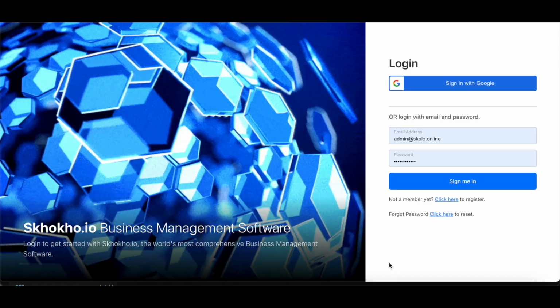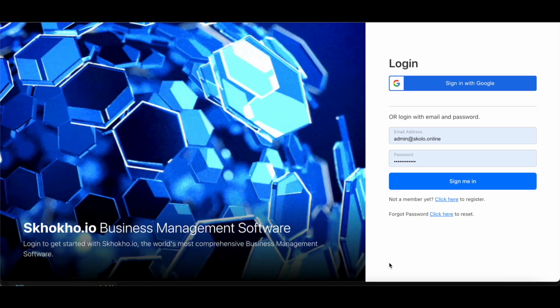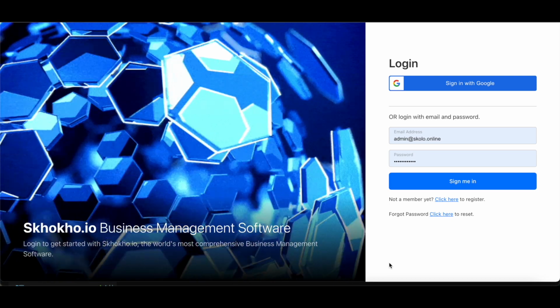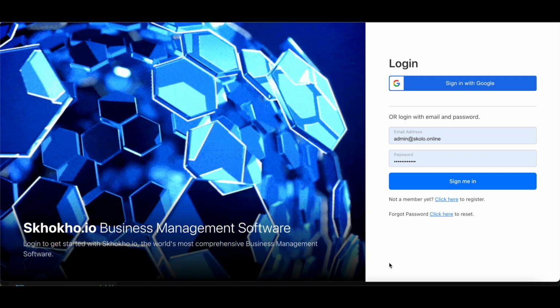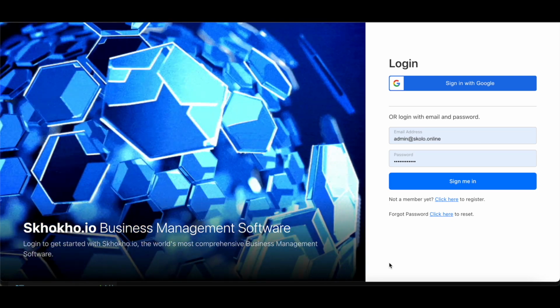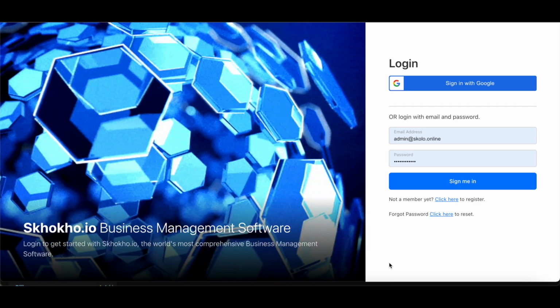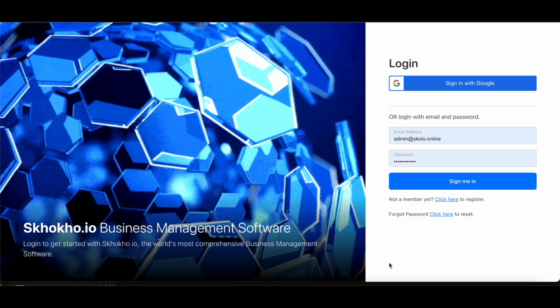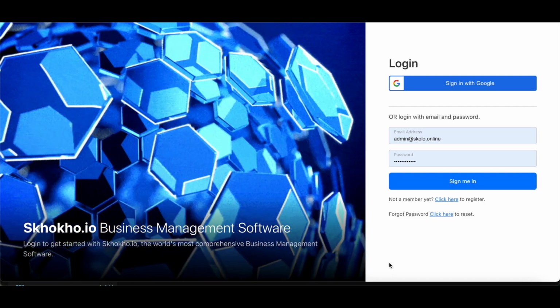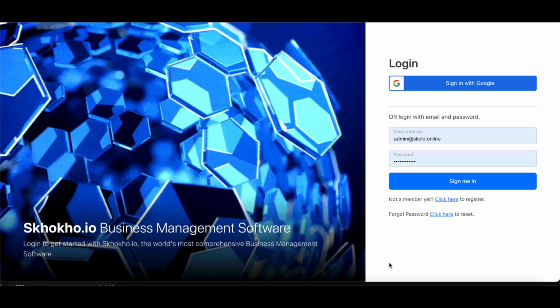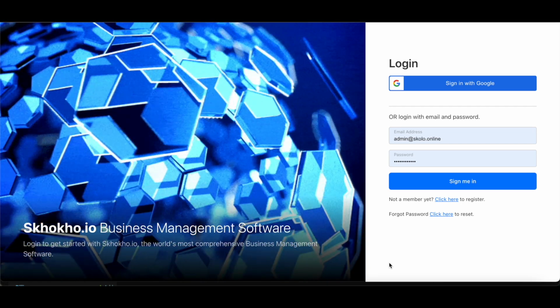Skhokho is a business management software that has been created specifically for small to medium-sized businesses to help them with their day-to-day functionalities such as HR, project management, CRM, goal setting, OKRs. There's a couple of applications we have on our platform. It's really created to be like an all-in-one solution, a one-stop shop for SMEs or small businesses to do their